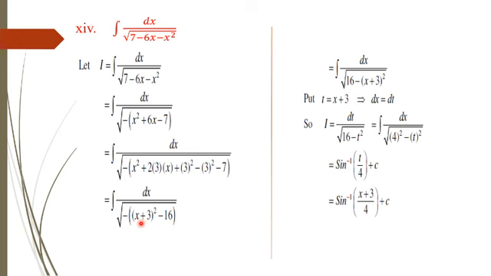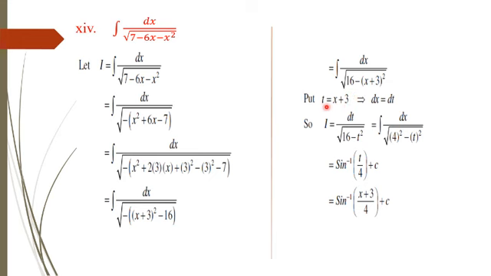Now, this can be written as 16 minus (x plus 3) whole square. Again, taking the negative sign common, x plus 3 whole square will be negative and 16, or in other words, open the negative sign again. When minus is applied with x plus 3 whole square, we have minus times x plus 3 whole square, and this minus with the other minus gives plus 16. So square root of 16 minus (x plus 3) whole square.